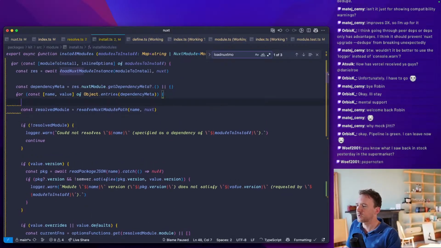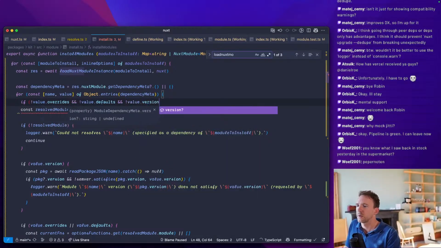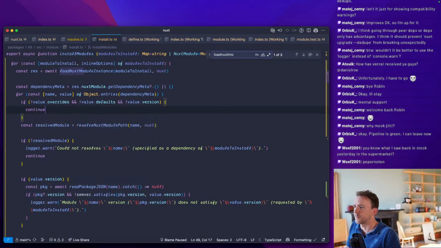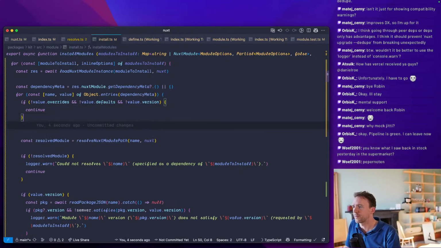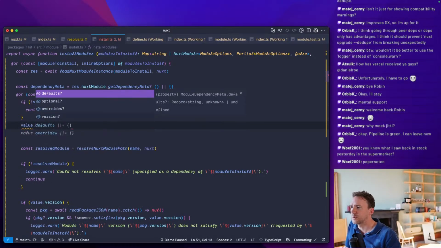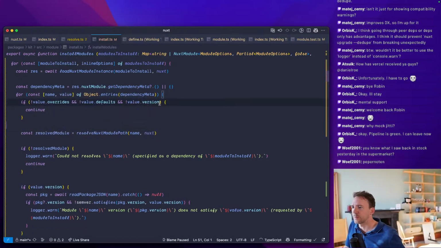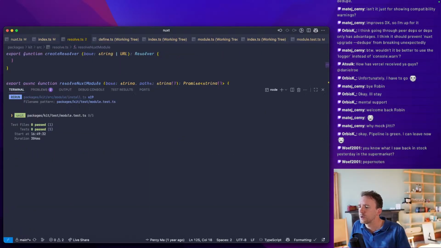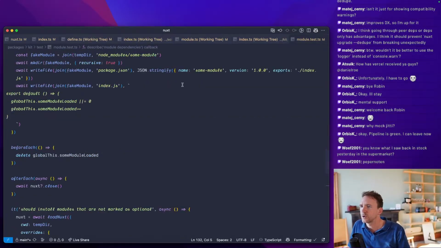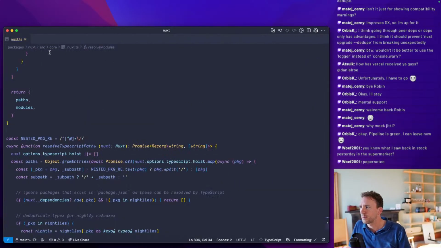Okay, I think there's a case where we should skip this. So if there's no value overrides and no defaults and no version, then we continue. So we don't need to do anything in this case. So like we have value defaults optional, and value optional. Yeah. So in that case, we should totally bypass our